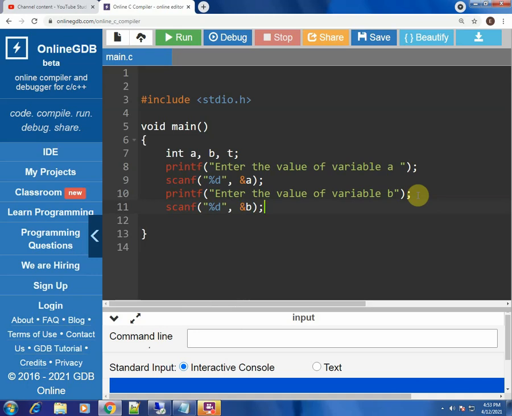So these lines will take the input of the variables A and B. Now after this we have to do the swapping or the exchanging of the variables. So how do we do that?